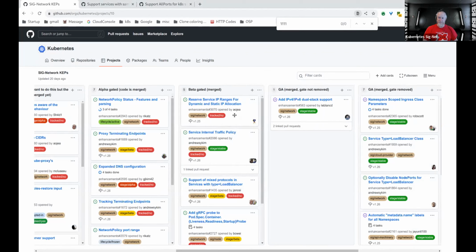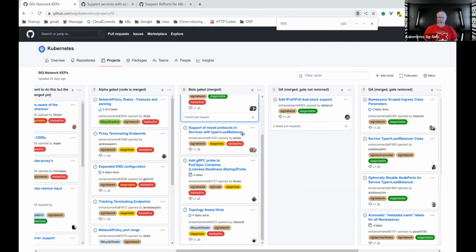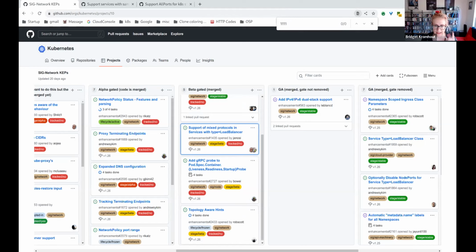And Tony, did this just move into beta in 25? Yes, it's beta in 25. So we could go GA in 26 if we think we're good with it. Antonio's not here, but that would be a candidate. We talked about ITP earlier. Yes, I think we can move this one.